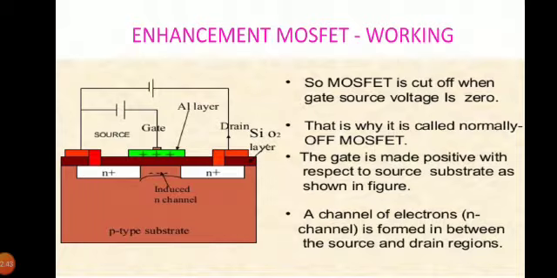Thus, we can say that in an enhancement type N-channel MOSFET, a positive gate voltage above a threshold value induces a channel and hence the drain current, by creating a thin negative charge layer in the substrate region adjacent to the SiO2 layer. The conductivity of the channel is enhanced by increasing the gate to source voltage, thus pulling more electrons into the channel. For any voltage below the threshold value, there is no channel. Since the channel doesn't exist with VGS equal to 0 volts and is enhanced by the application of positive gate to source voltage, this type of MOSFET is called enhancement MOSFET.